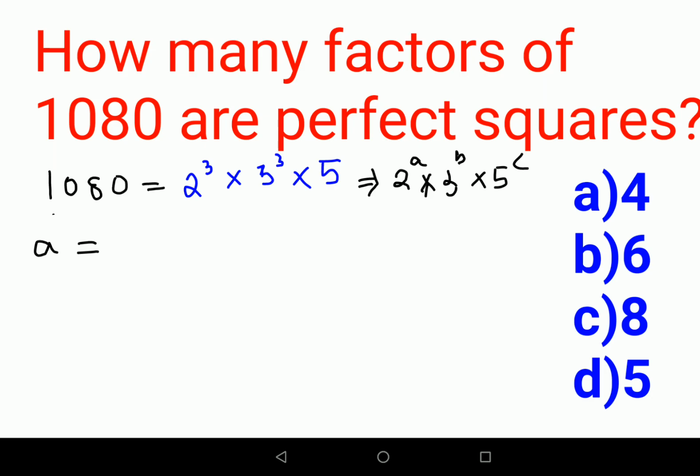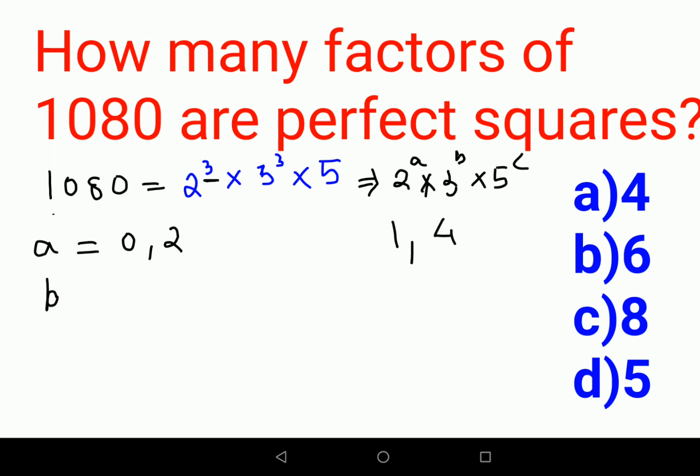So, see, if I write 2 raised to 0, I get the answer as 1, which is a perfect square. Then 2 raised to 1 doesn't get me a perfect square, but 2 raised to 2 gets me a perfect square, right? That gets you a 4, so that's a perfect square. Now 2 raised to 3 also does not get me a perfect square, and I don't need to exceed this value of index for 2. So I don't need to check 2 raised to 4, because the highest index for 2 is just 3.